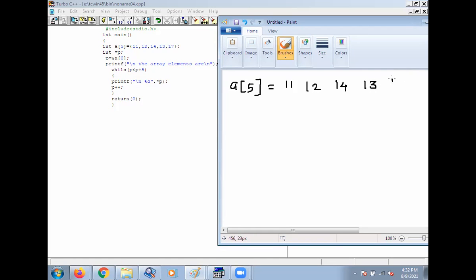So what is array index? Array starts from 0. So array index here at 0th location is 11, then first location 12, then second location 14, third location 13, and fourth location 17. Then in the next statement you have declared *p, and p is equal to &a[0].